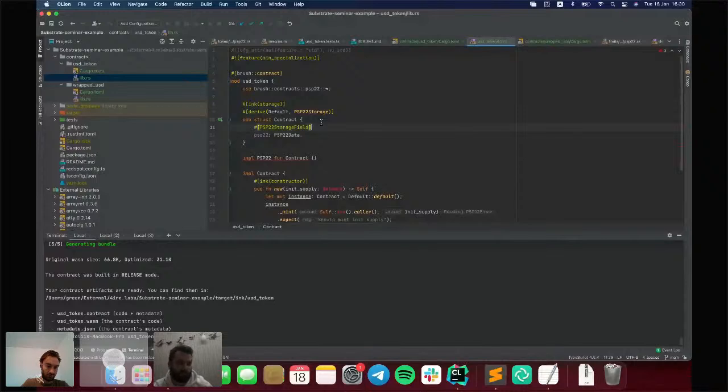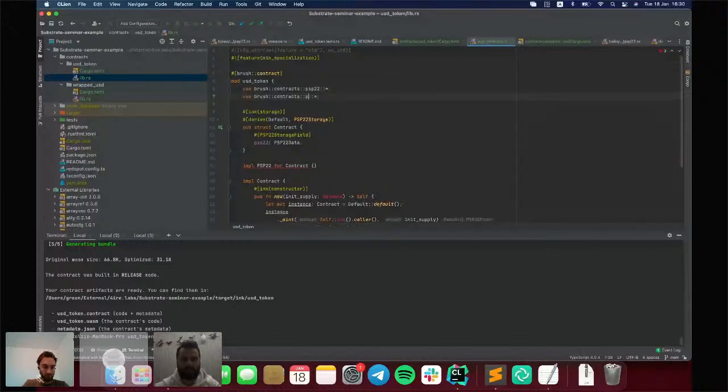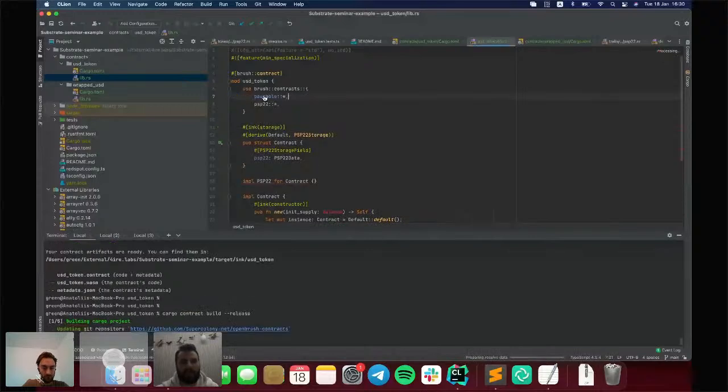Pausable allows, let me, okay, let's force indexation, and yeah, it is already indexed.